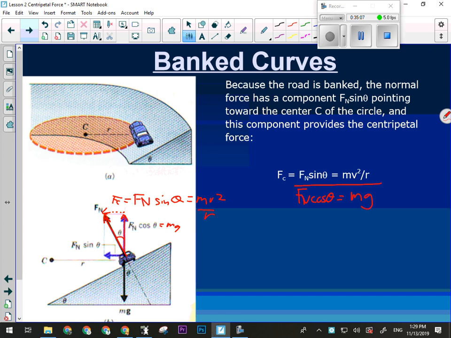Okay, so I'm going to take this out for right now. I'm going to say that the centripetal force is the opposite side, and this is the adjacent side. So sine of theta divided by cosine theta. That's opposite over adjacent. What's the trig function that handles opposite over adjacent? That's going to be the tan of theta. That's going to equal mv squared over r divided by m times g. If I divide those two things, what happens to m? Cancels, and I'm left with v squared divided by